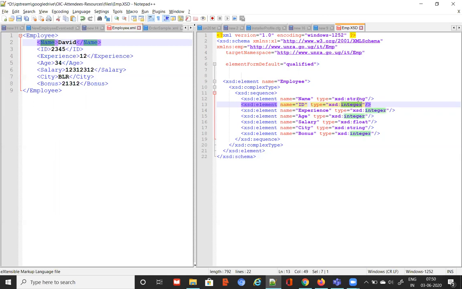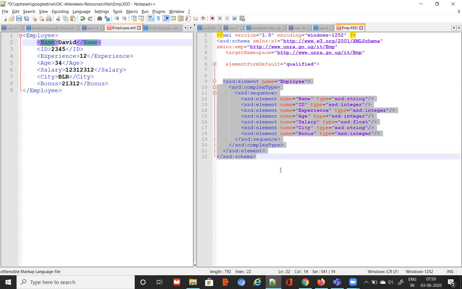These are primitive types available in XSD, like float, integer, all that. When you want to represent an XML structure like this, you make use of those primitive types and other terminology like element, name, type, and with the help of that grammar, you build one XML schema document. So this XSD now represents this structure.